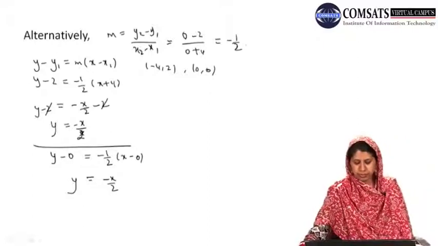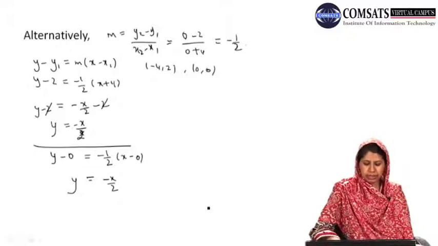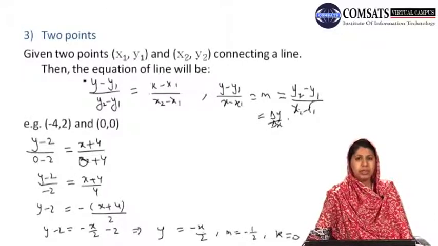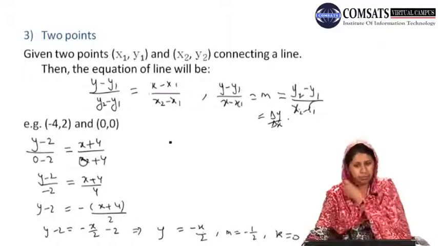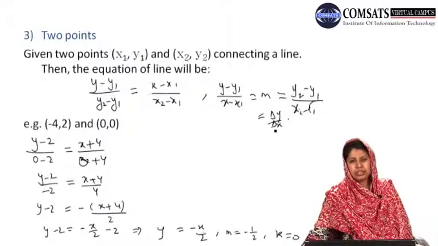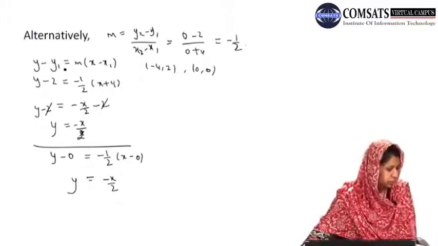at least two different ways to find the equation of a line when we are provided with 2 points on the line. Either we will use the 2-point formula, which is (y minus y1) over (y2 minus y1) is equal to (x minus x1) over (x2 minus x1), or first we will find the slope m, which is the rate of change of y with respect to the rate of change of x, delta y over delta x, and then we will use our point slope form, that is y minus y1 is equal to m times (x minus x1).